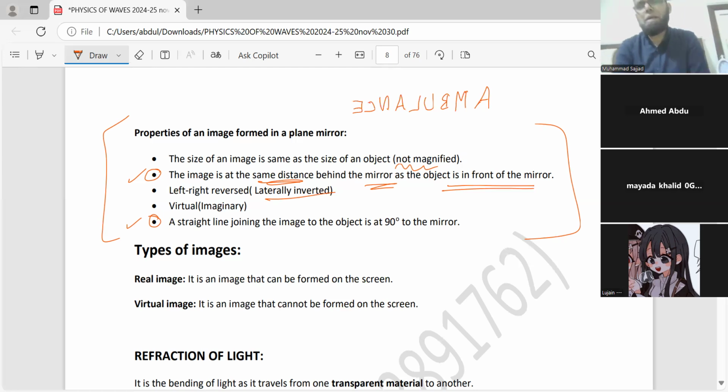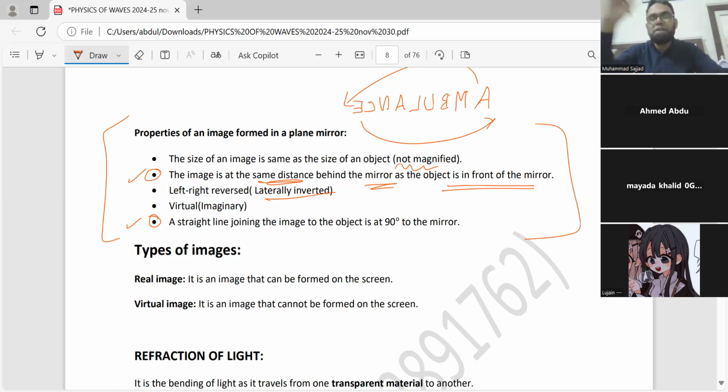Ambulance is written like this on the front of the ambulance. Why? When someone is driving a car, he looks into the plane mirror which is inside the car. When you look through that mirror, it will be left-right reversed. So A will come here and CE will come here, such that in the mirror,